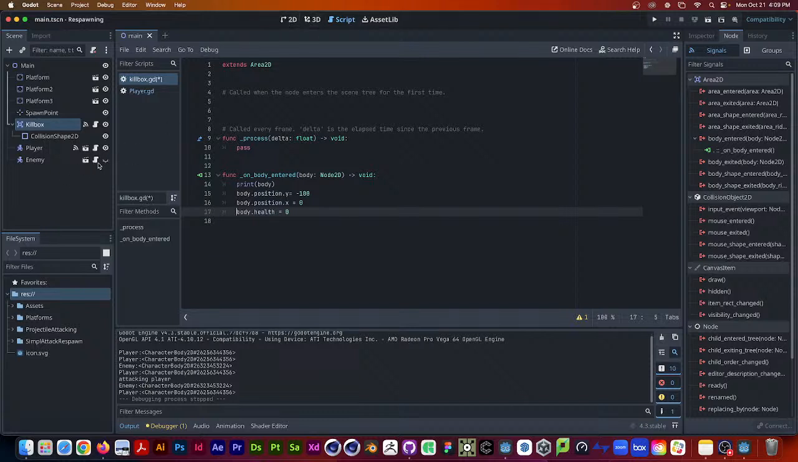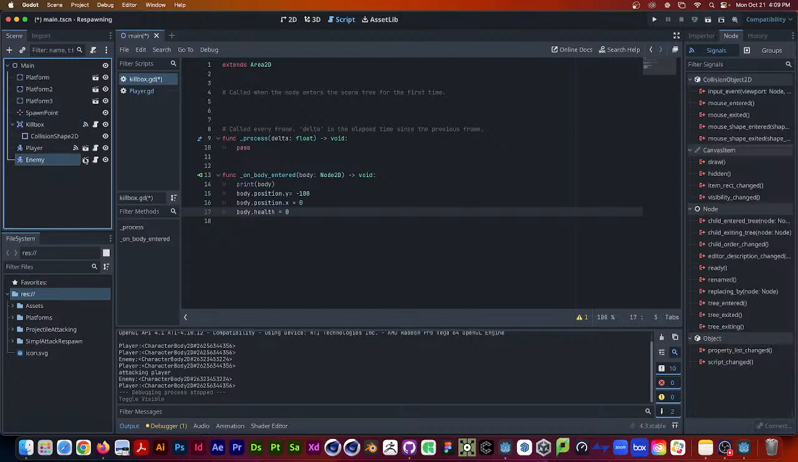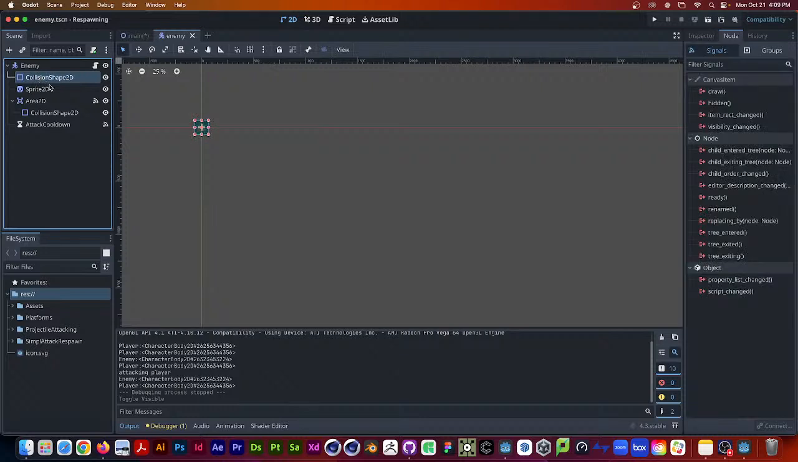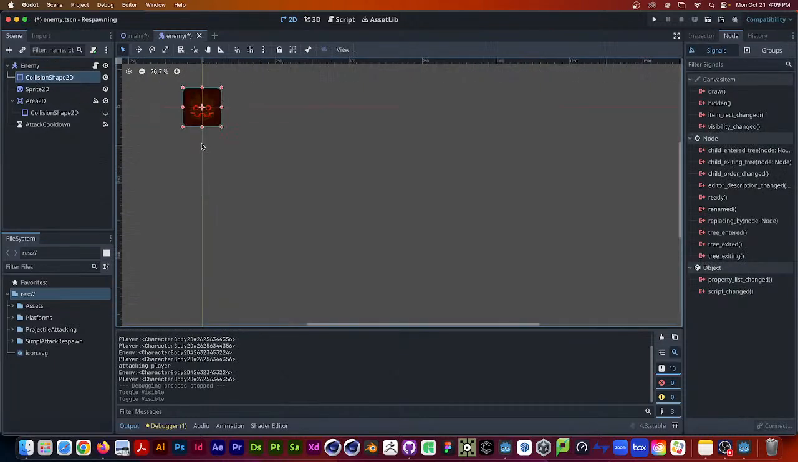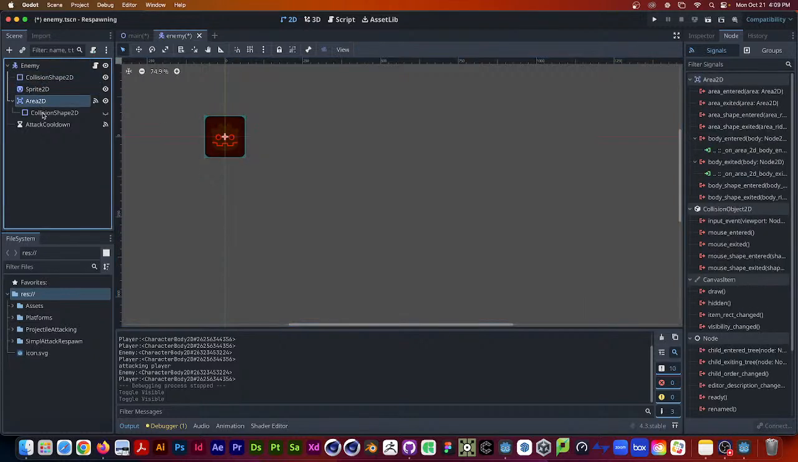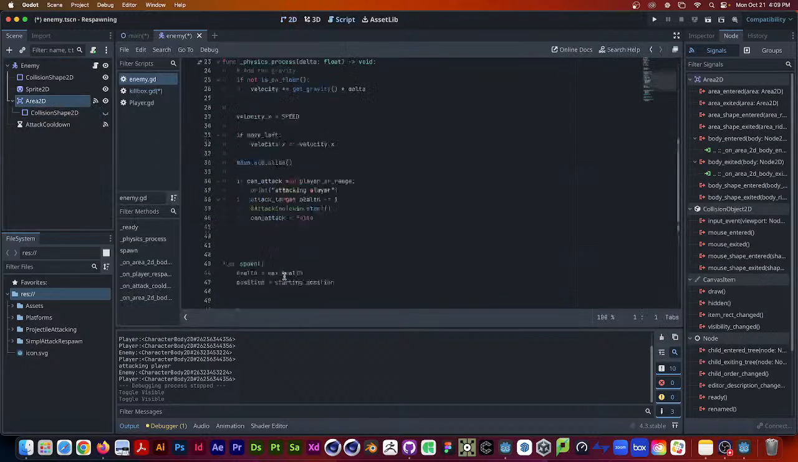So if you have a very simple enemy, this is an enemy scene. You can tell it's an enemy because it's red. Oh, I should stop being red biased. Red's a fine color. But right, this is like an enemy. The enemy has a sprite, a collision shape, and an area attached to it as well. And the area is basically,